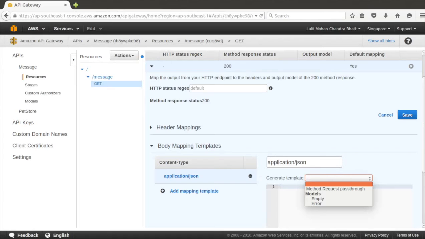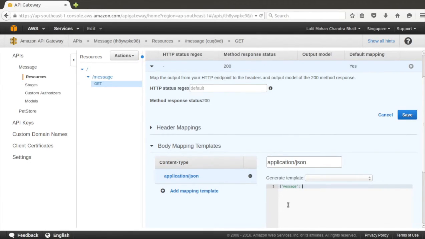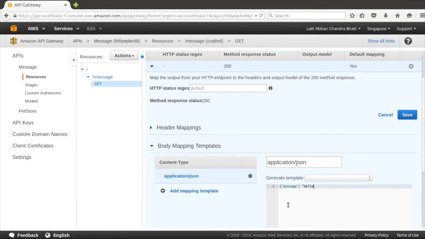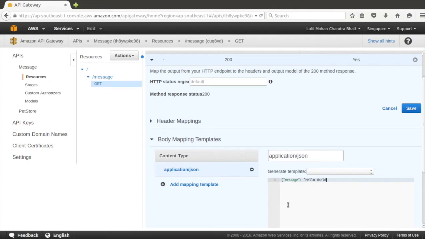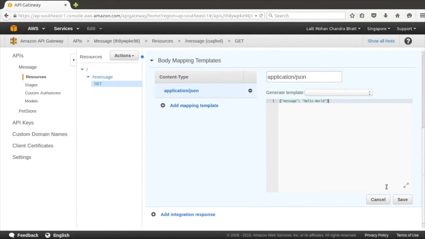You can do a method request pass through also. So let's just return a JSON, which is like message: hello world. Okay, and let's save it.